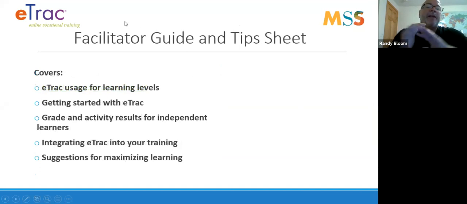So a couple things that you'll receive with what I'll call the teacher subscription or the instructor subscription: you'll receive a facilitator's guide. And I really encourage everybody to take a good look at that facilitator guide, because it covers some great information. It will help users learn the eTrack usage for different learning levels and different challenges that a student might be facing.